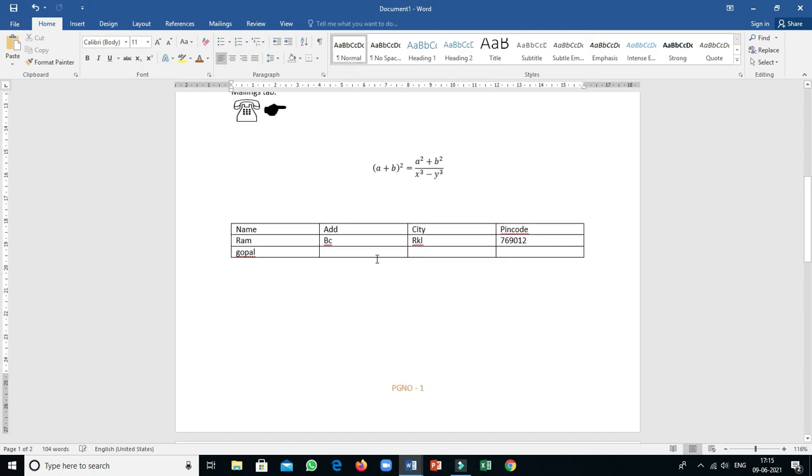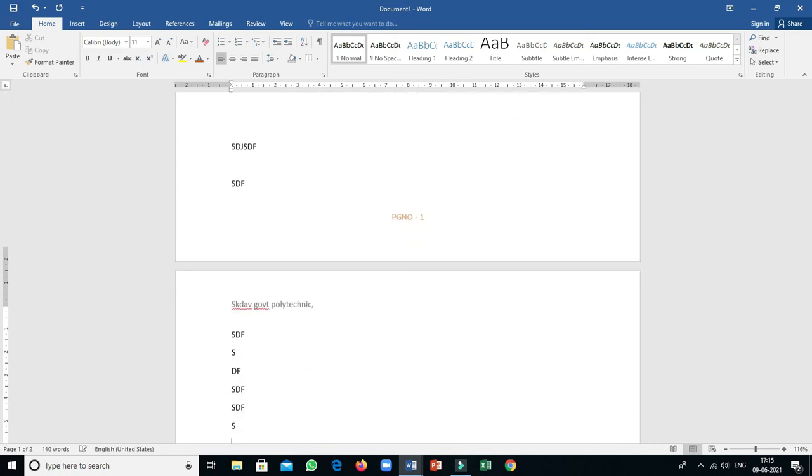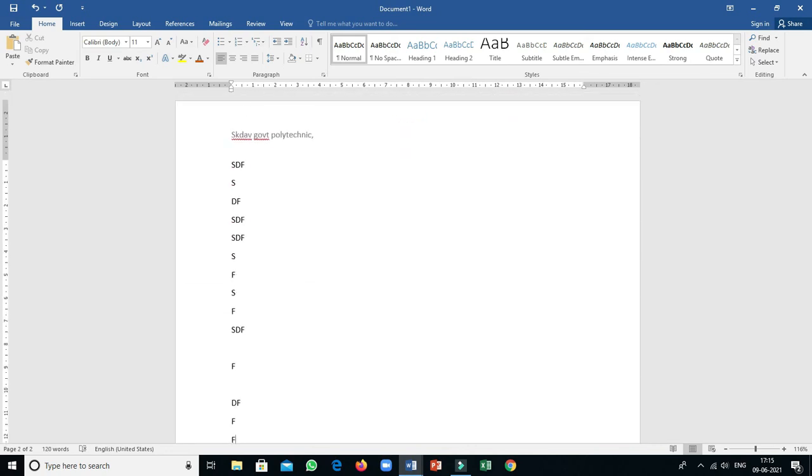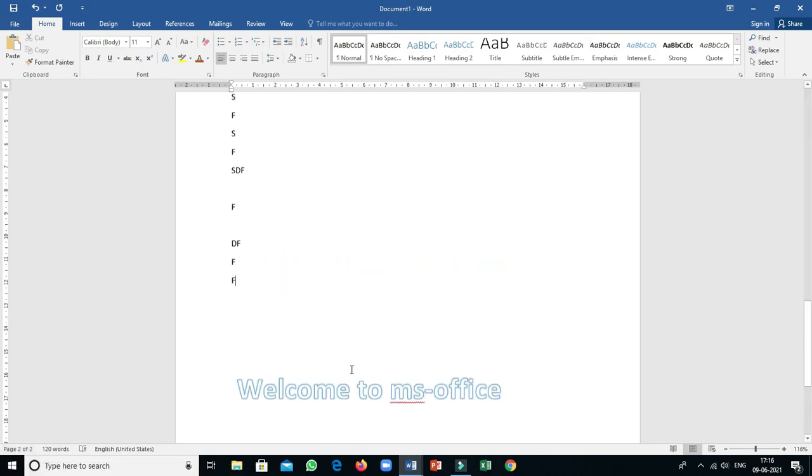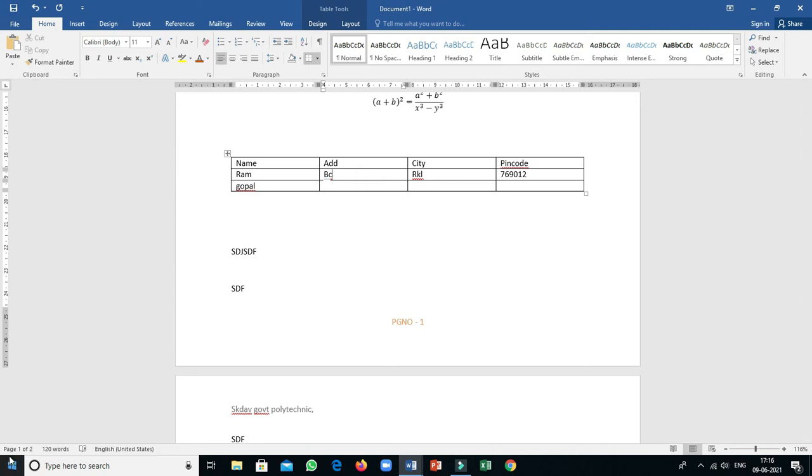Over. Now see, I am in the first page. If I continuously type, then as you go on typing, automatically your data comes down to the next page. Now I am in the next page. Now see, in the next page also the same SKDB Government Polytechnic is displayed, because I have set the header. Now go down. Here the page number is 2, because now I am working with page number 2. On your status bar it also displays page 2 of 2, meaning the total number of pages is 2, and right now you are in page number 2. If I move to page number 1, now see, page number 1 is there. Clear?